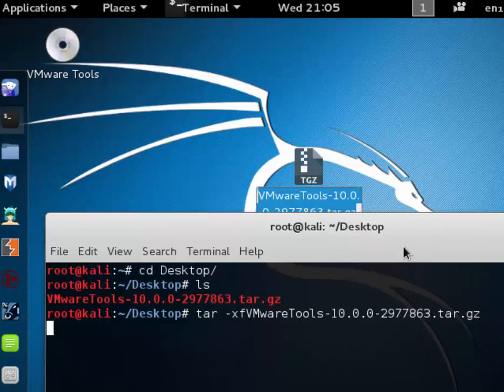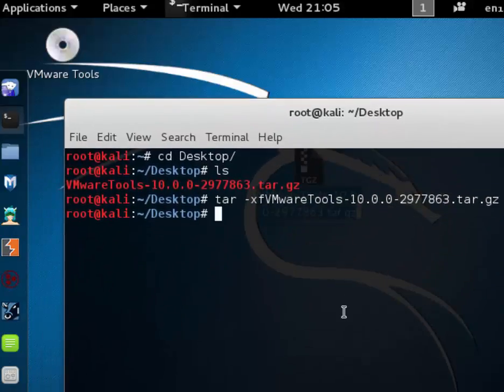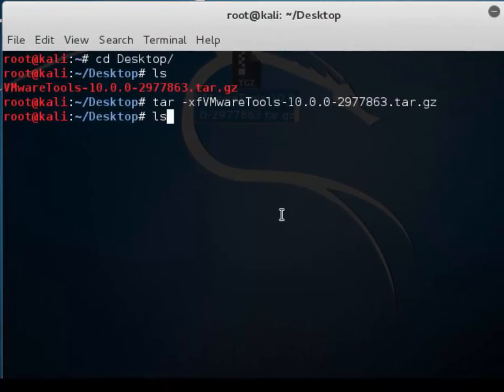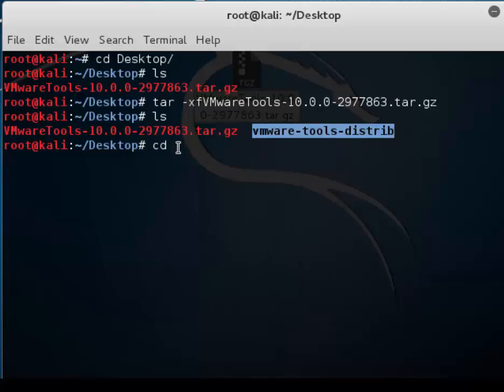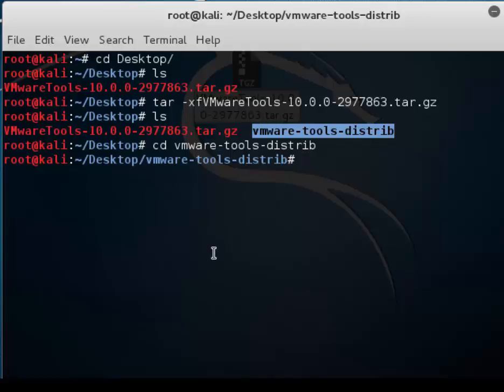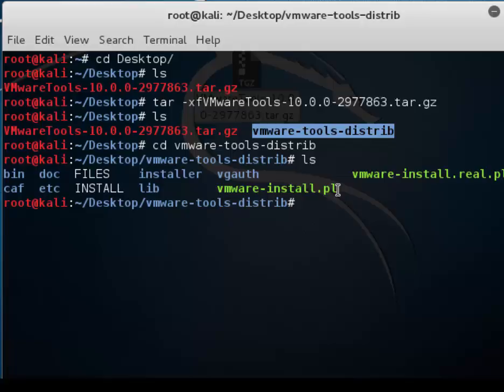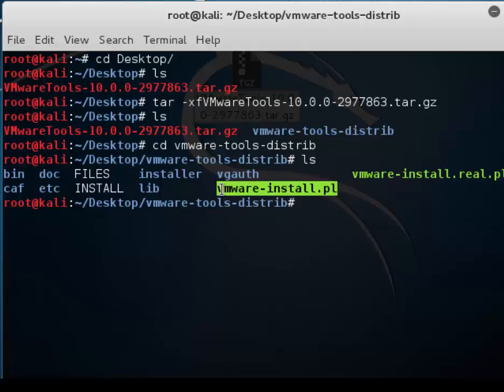That's it. We just have to wait for a couple of seconds, and then again, in the desktop, write ls, enter. Then as you can see, we've got vmware-tools-distrib. So what I need to do is write here cd space, then copy this one, right click, copy, right click, paste, and then enter. And the next thing is ls, enter. Then I've got now the VMware install, which is what I'm looking for. Then the only thing I need to do is here